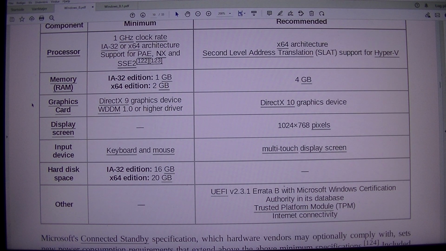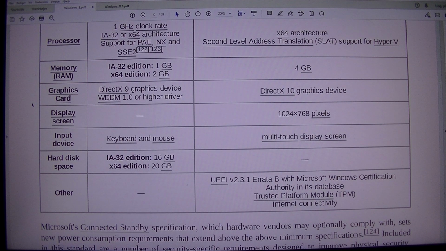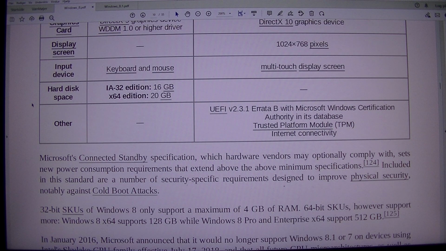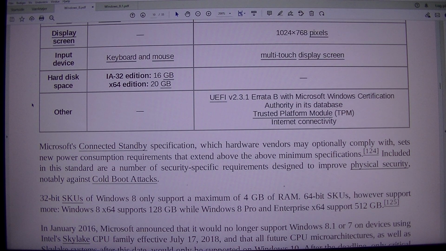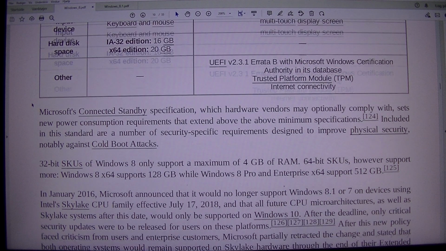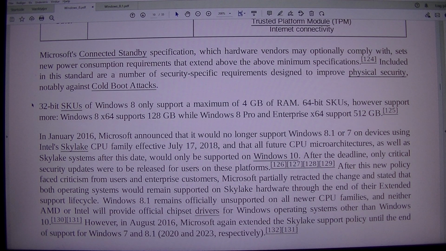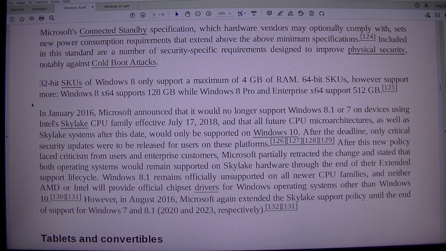Display screen: 1024x768 pixels. Input device: keyboard and mouse, multi-touch display screen. Hard disk space: IA32 edition 16 GB, x64 edition 20 GB. Other: UEFI version 2.3.1 errata B with Microsoft Windows Certification Authority in its database, Trusted Platform Module, TPM, Internet